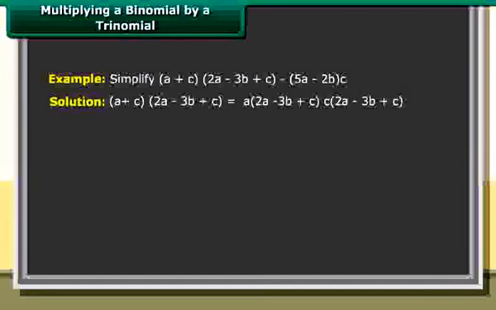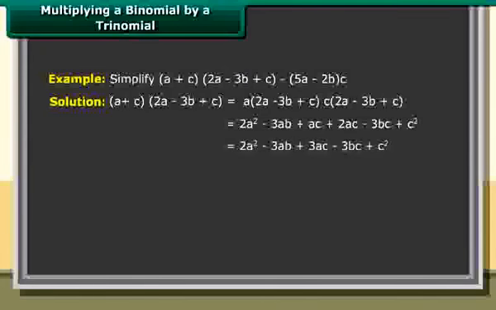Solution. a plus c into 2a minus 3b plus c is equal to a into 2a minus 3b plus c plus c into 2a minus 3b plus c, which is equal to 2a square minus 3ab plus ac plus 2ac minus 3bc plus c square, which equals 2a square minus 3ab plus 3ac minus 3bc plus c square. 5a minus 2b into c is equal to 5ac minus 2bc. Therefore, a plus c